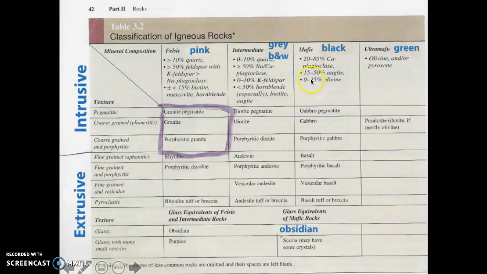As we go across, you'll see mafic has calcium plagioclase, augite, and olivine, which are all very dark minerals. So that will give us a very dark rock. And then we see the top three rows are all coarse grained. So they're all, you'll notice they get the same name. We have three granites listed there. And there'll be more information on this as you do the lab